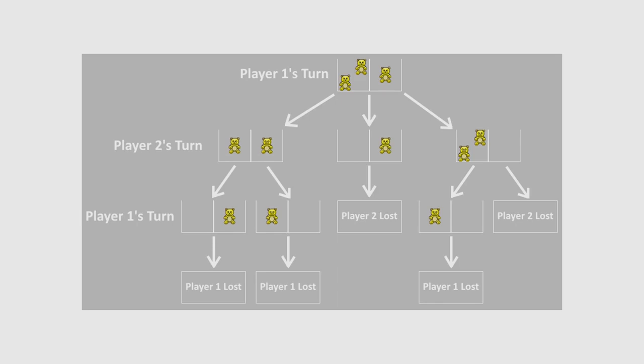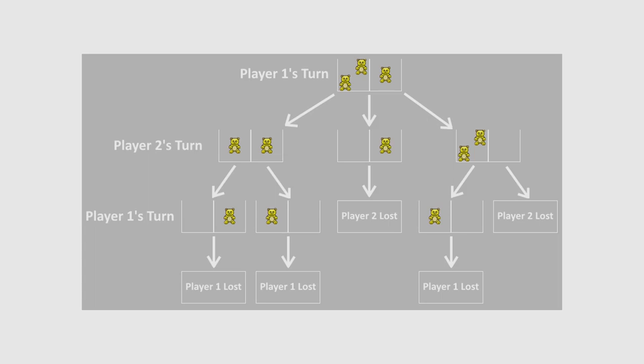And the next level of the tree, and this is often called a ply, like in plywood, there are different layers of wood. This is a ply in the tree. So one step down is all the different configurations that could occur from player 1 taking their turn. So on the left side, we have player 1 taking 1 teddy bear from the left bin. In the middle, we have player 1 taking 2 teddy bears from the left bin. And on the right, we have player 1 taking 1 teddy bear from the right bin. So to generate our Minimax search tree, we're basically going through the different game configurations that occur as people take